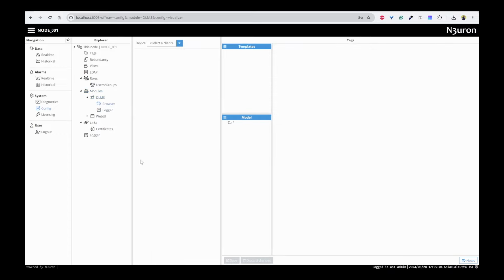Once you have saved this, you can go back to the modules, expand DLMS and click on browser. Now under this select a client, select the Landis ZMD410 and click on rebrowse. It will take 5 seconds and you should be able to expand and see the tags that can be configured here. I'll provide a few tags here. The first one I'll use is clock,